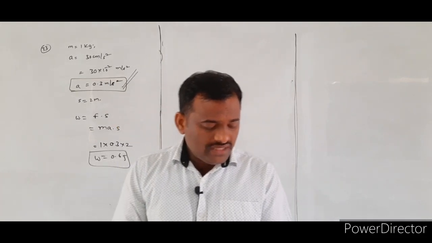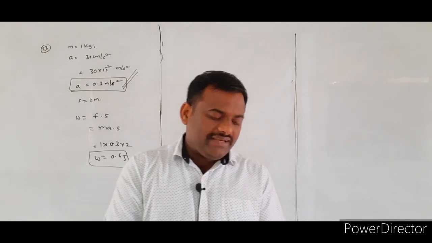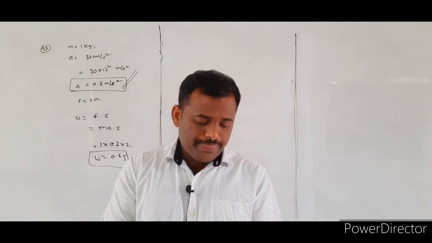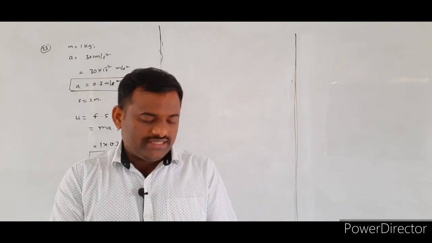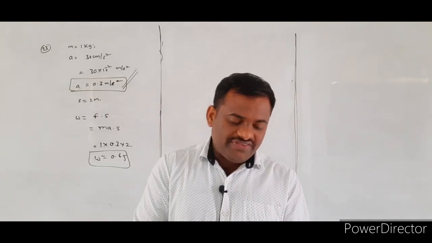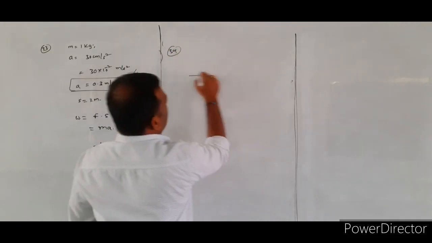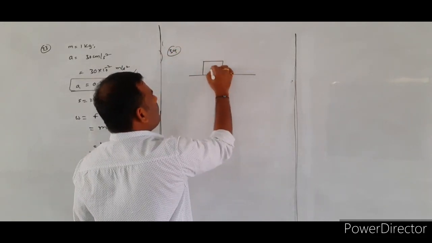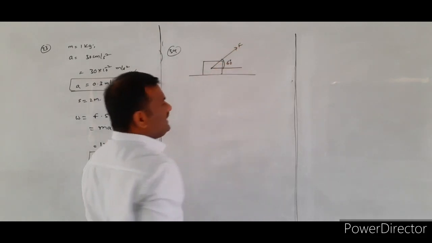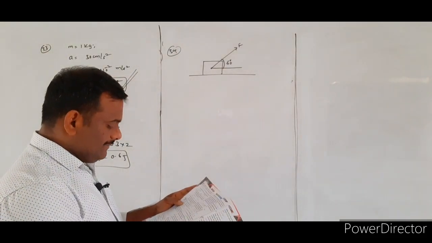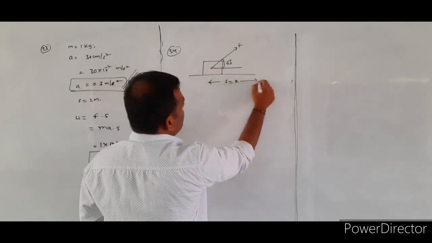Here, problem number 34. A force capital F is applied on the lawn roller at an angle of 60 degrees with the horizontal. If it is moving through a distance of x, work done by the force is? So here a lawn roller will be there. We are applying a force of F, which is making an angle of 60 degrees with the horizontal. Then it is moving to a distance of x. The displacement covered by the object is equal to x.